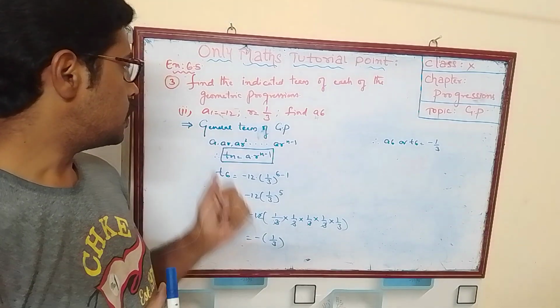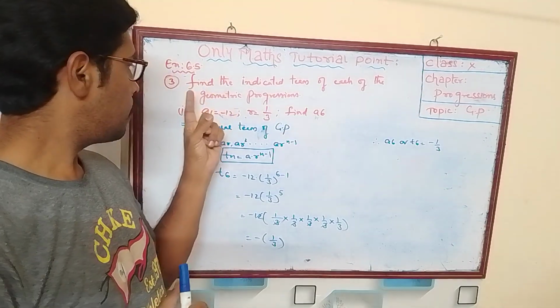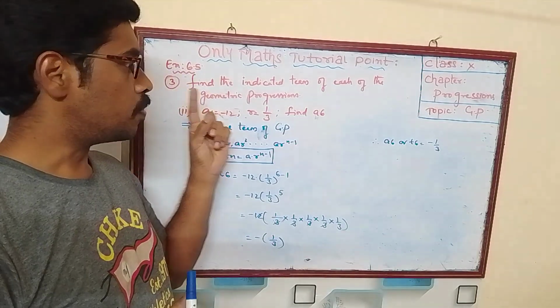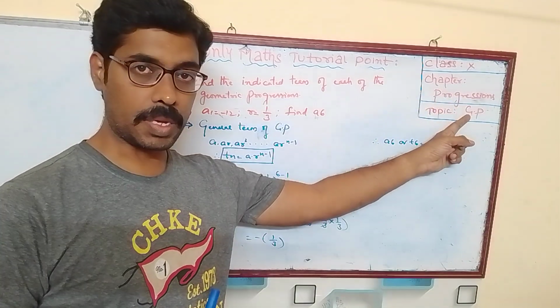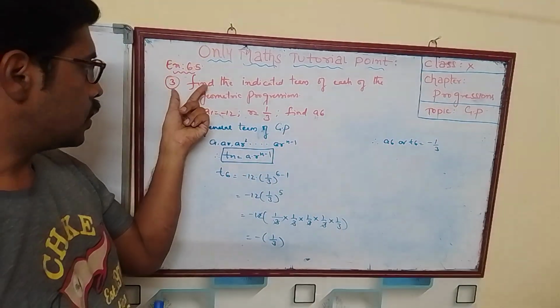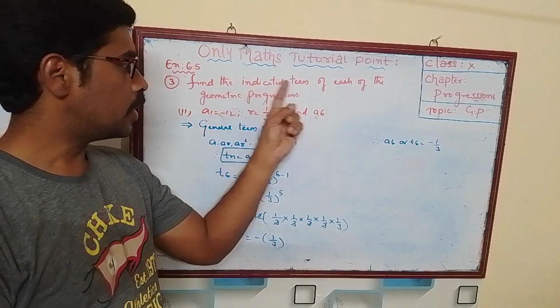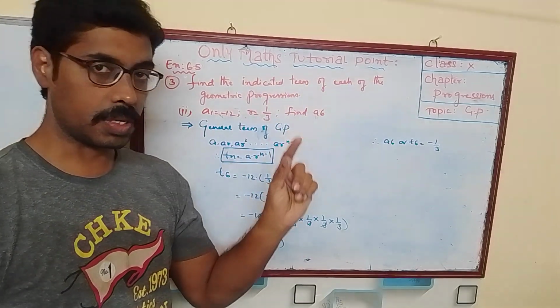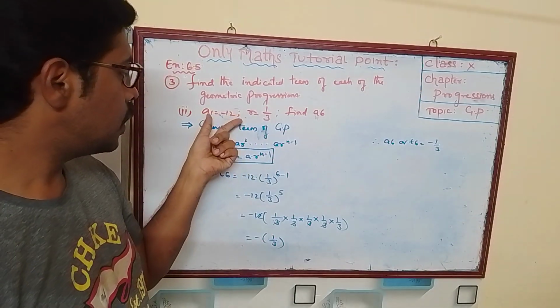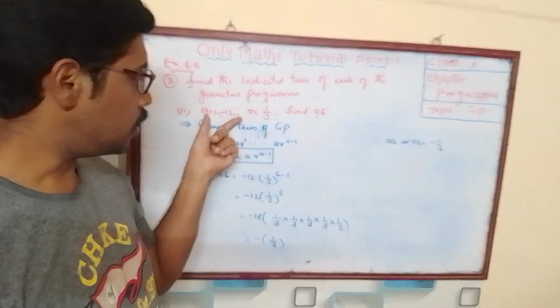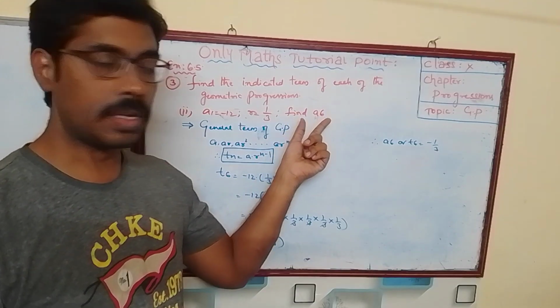Today we are going to discuss exercise 6.5 sum 3 of chapter Progressions, topic GP, geometric progression. Third sum, second bit. What is given? Find the indicated term of each of the following geometric progressions. Here they give the first term and common ratio, and they are asking to find the sixth